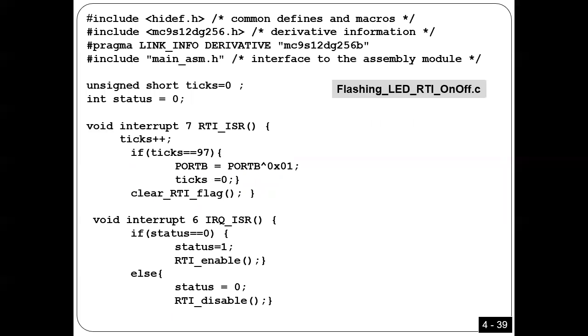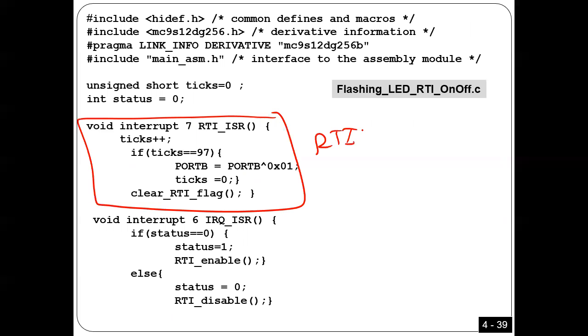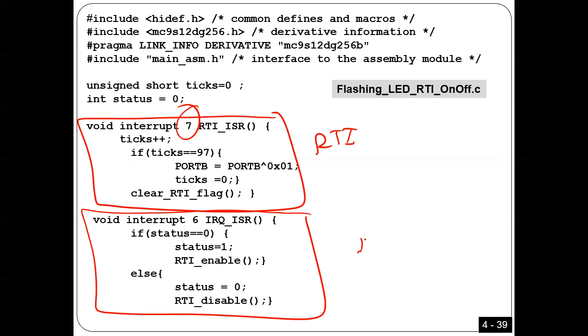And now, this one here is RTI. This is exactly what I have taught right now. You have to put here number 7, as I said before. And now I am going to add another one here. This is for IRQ, right? Here I use number 7. Here I use number 6. Okay,